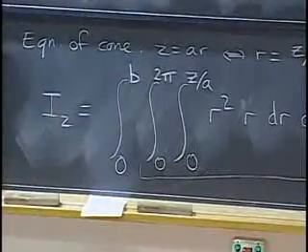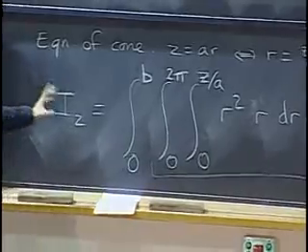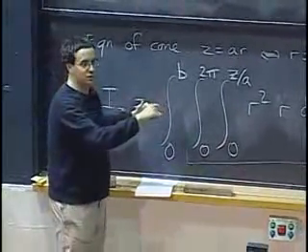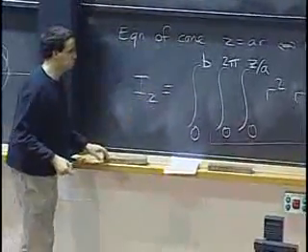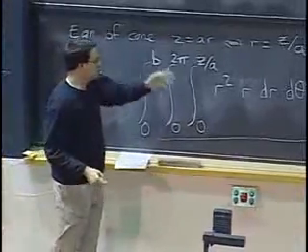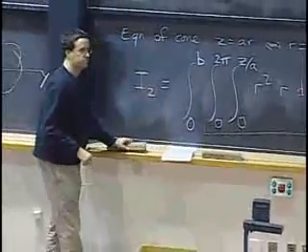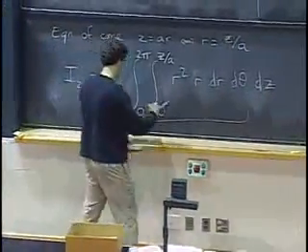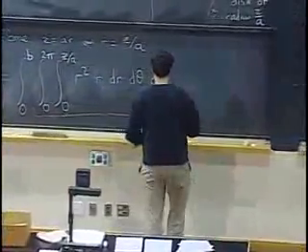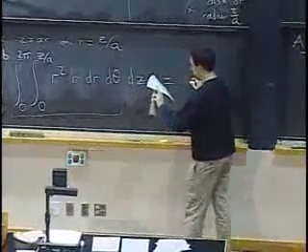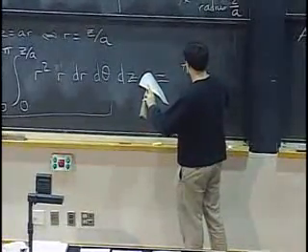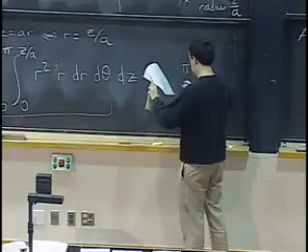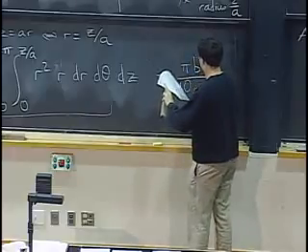Okay? So as an exercise, it's not very hard: try to set it up the other way around, with dz first and then r dr d theta. It's pretty much the same level of difficulty. I'm sure you can do both of them. Also, if you want to practice calculations, you should end up getting pi b to the 5 over 10 a to the 4, if I got it right.